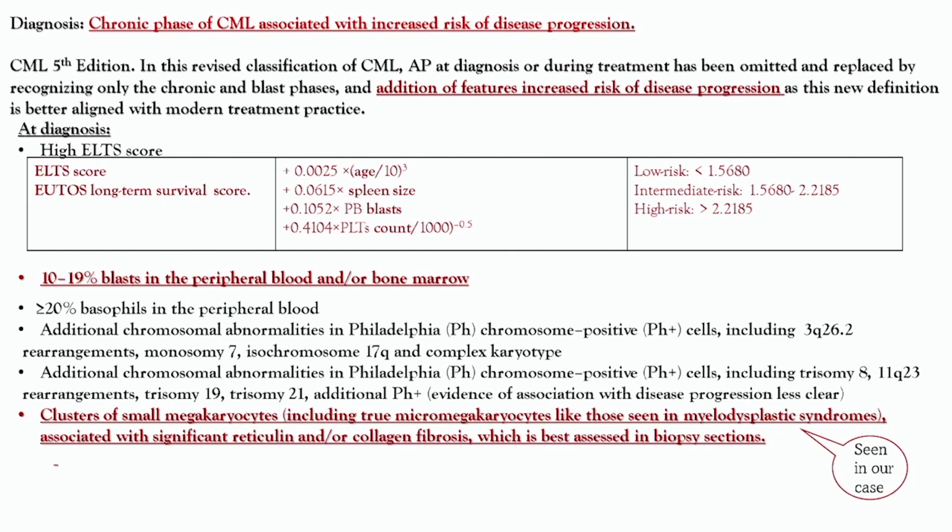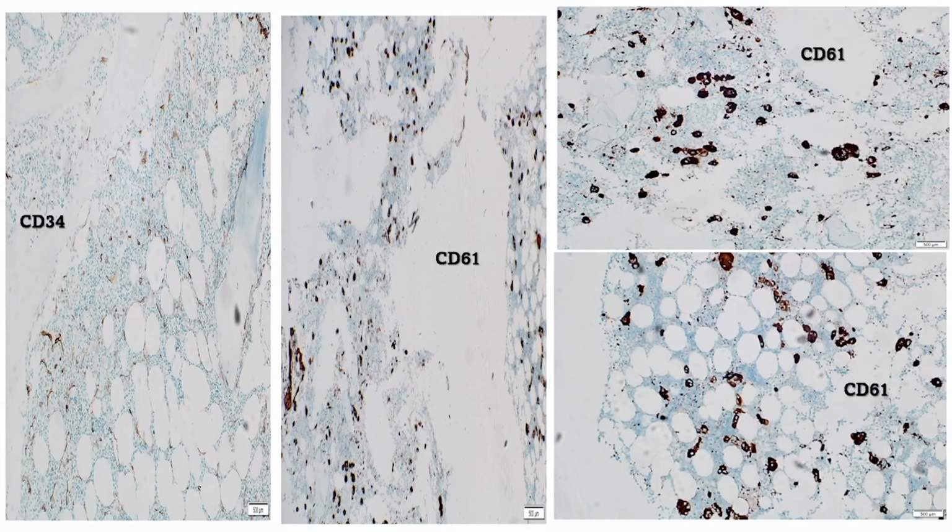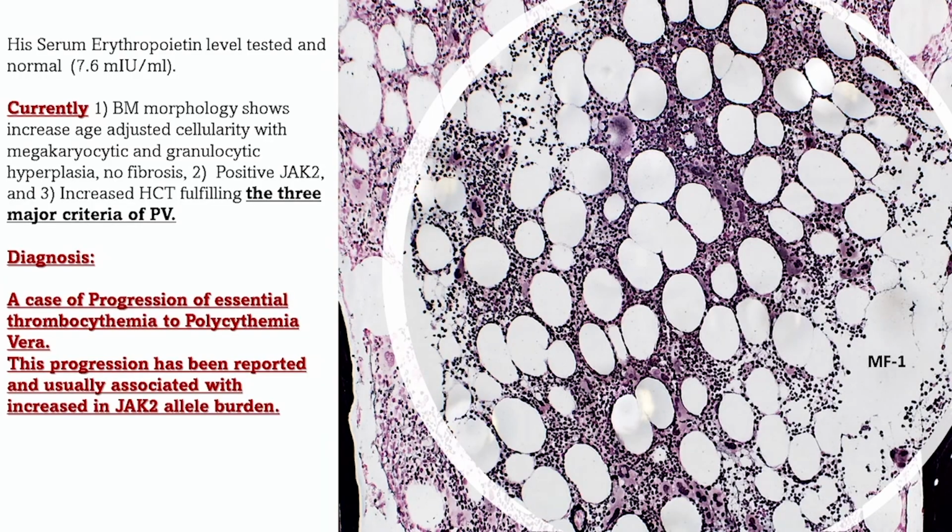So for these cases, as Dr. Nahla said, they omitted the accelerated phase, but instead added features with increased risk of disease progression. These are the ELTS score, the increase of blasts up to 10 to 19%, increase in basophils, additional chromosomal abnormality, and clusters of megakaryocytes. So here, in this case, we find the two